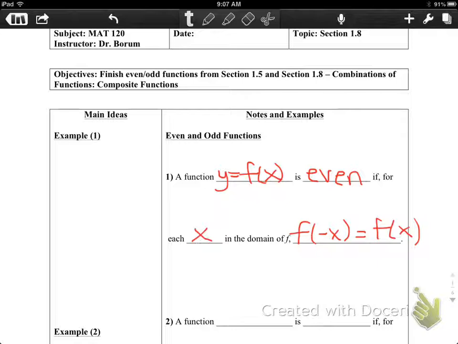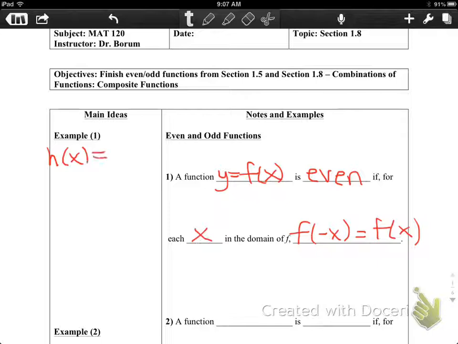So a function y, and if you want you can pause this and fill this in first, because we're going to do an example, and I'm going to fill in some of the things just to save time for this video. For even and odd functions, we'll be talking about this some more, and so I just want to give you a definition of what an even and odd function is. Again, remember that y equals f of x. We already talked about that. And it's even if for each x in the domain, f of negative x equals f of x. So for example 1,